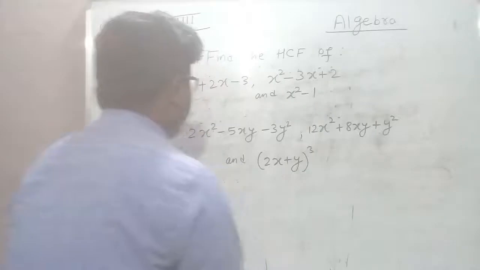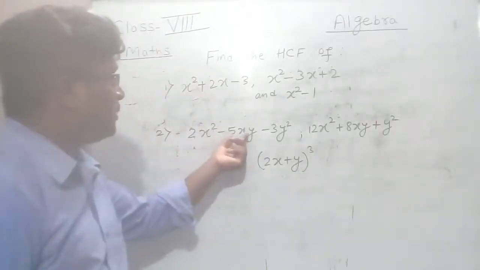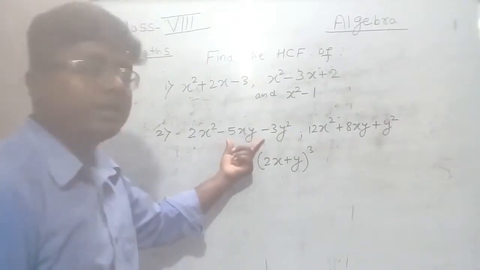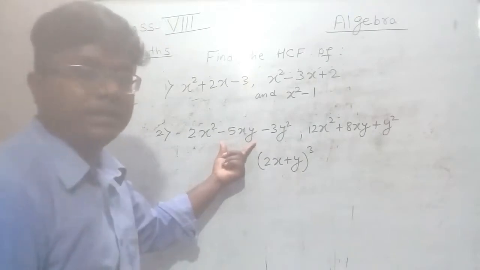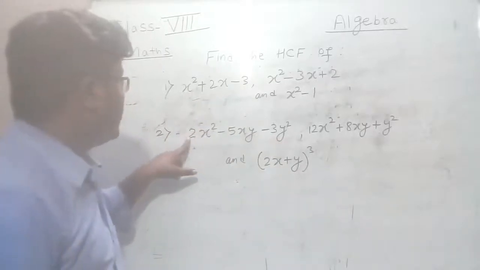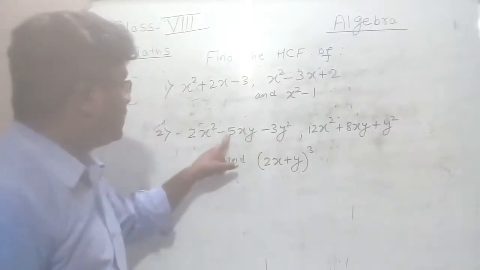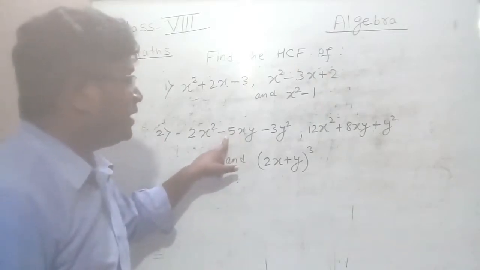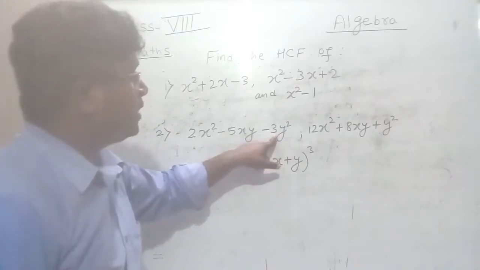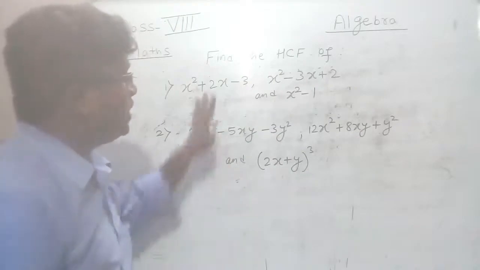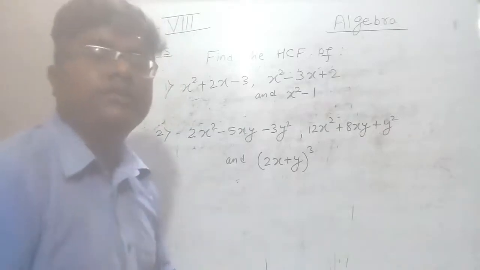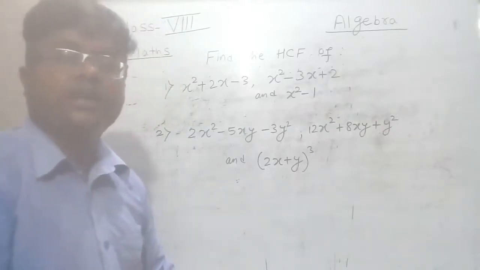So now you may be confused here in this expression, 2x square minus 5xy minus 3y square. Actually this question is quadratic in both x and y. Okay, so such type of question is also called biquadratic. Okay, so just take this as constant. Likewise this is your x square coefficient, here also x square coefficient. Here the coefficient of x is actually minus 5y, but you take the number only. Okay, here the constant is minus 3y square. Assume that there is only minus 3, minus 5, and do the same process. You can easily solve it. Okay, the main thing is your factorization. If you can factorize it correctly, you can also find the SCF.